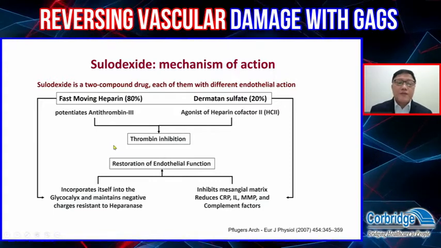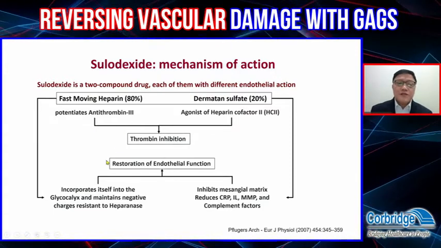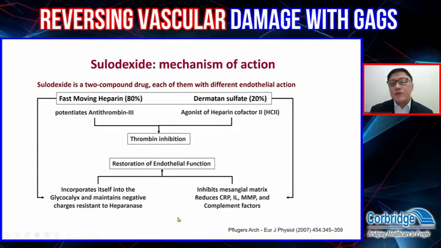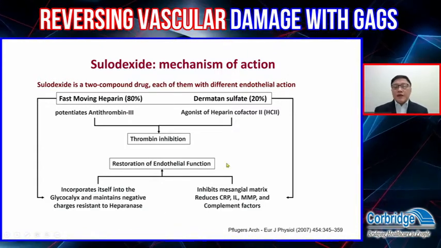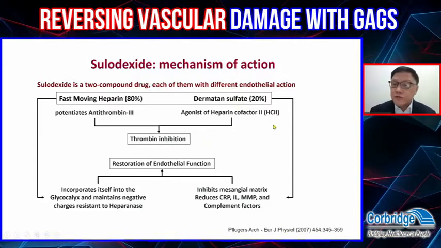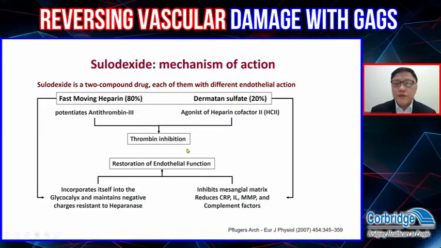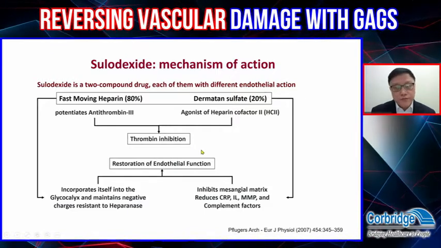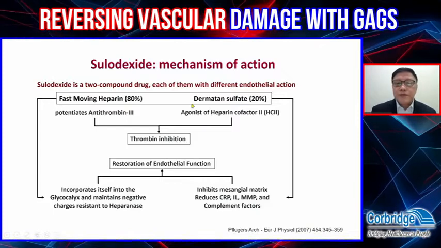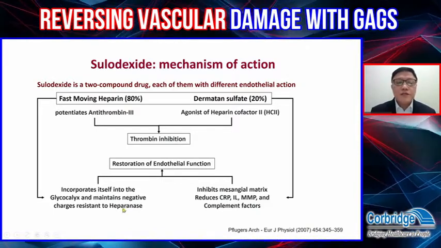But just like heparin, it potentiates the effect of antithrombin 3, thereby causing thrombin inhibition. And the dermatan sulfate is an agonist of heparin cofactor 2. So both of them can inhibit thrombin. The other effect of fast-moving heparin and dermatan sulfate is the incorporation of